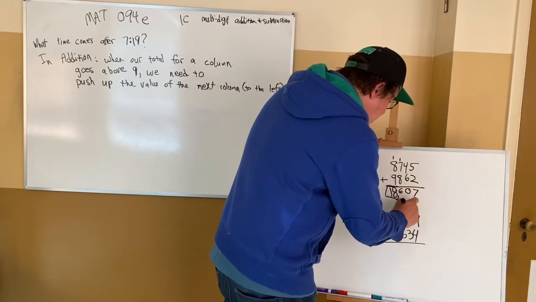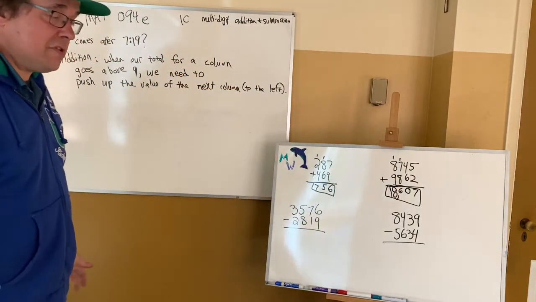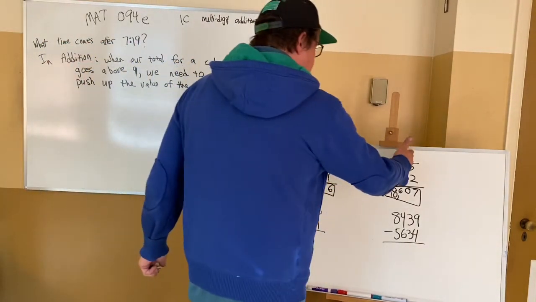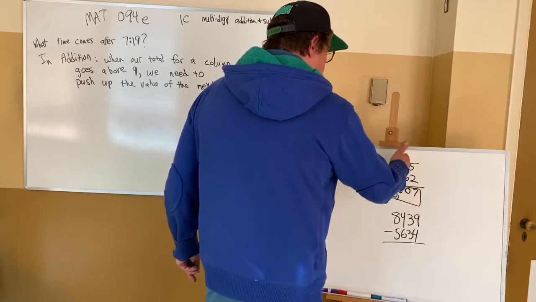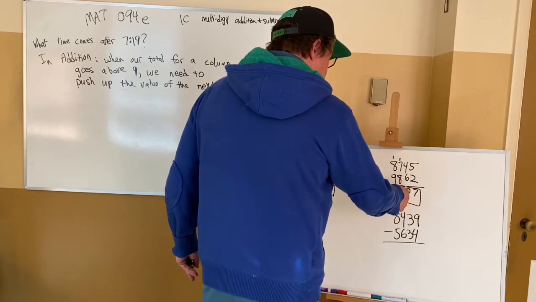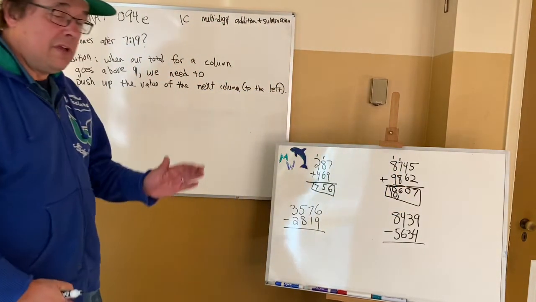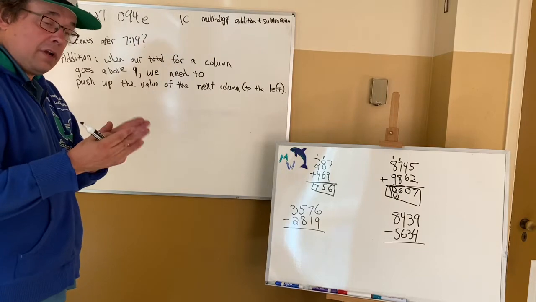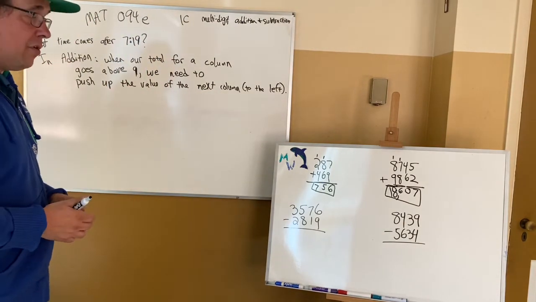18,607. That's how we do our addition of multi-digit numbers, is we do it one column at a time, starting on the right. And if we can get right to a digit, we write the digit. But if we go beyond the digit, we put the last digit of what we made, 10, right here, and then the 1 pushes over to the next column. When you have not enough room to write in one column, you expand it out to the left with an addition to the column you're about to start working